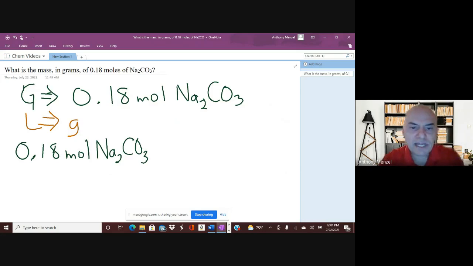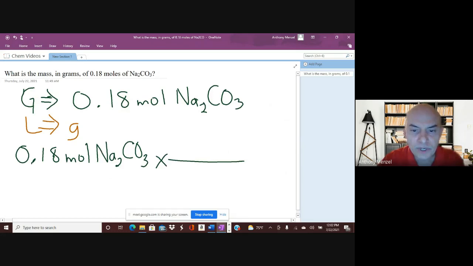When we do dimensional analysis, as we have mentioned, you always multiply by a conversion factor, which is just a fraction. Now here, we're starting off with units of moles. So to cancel those units that we start off with, we're going to put moles